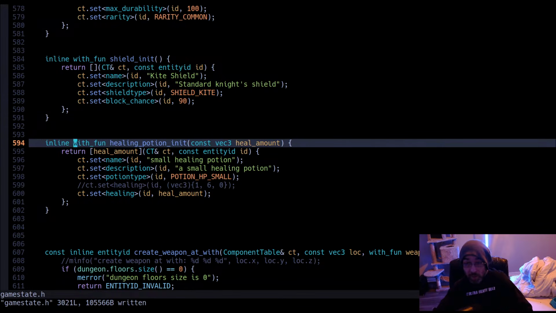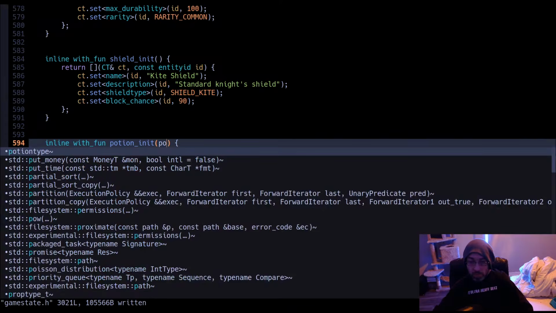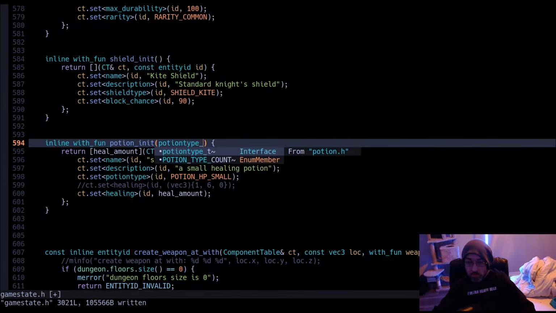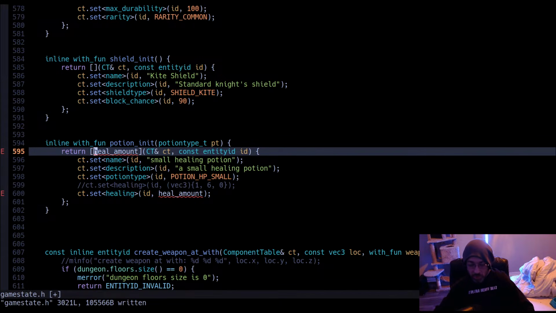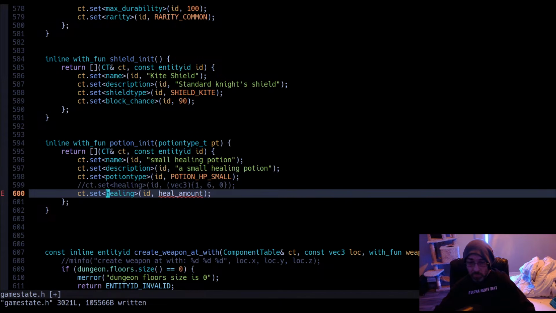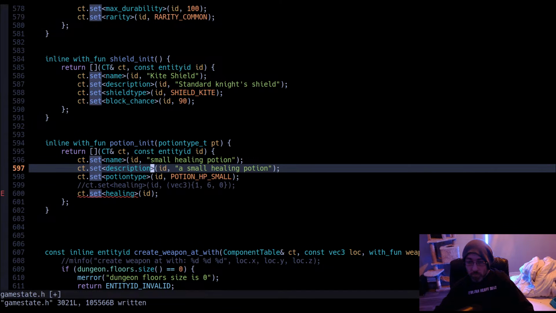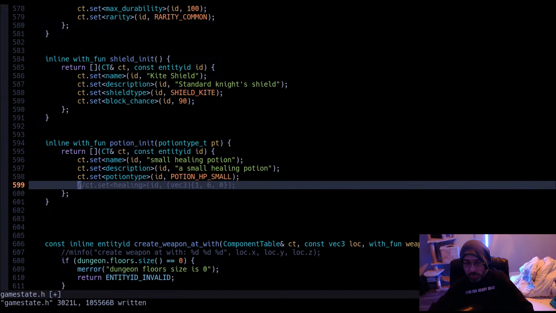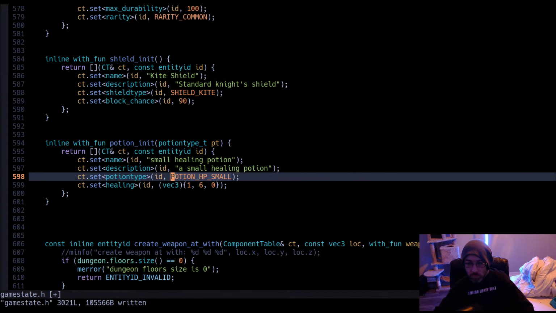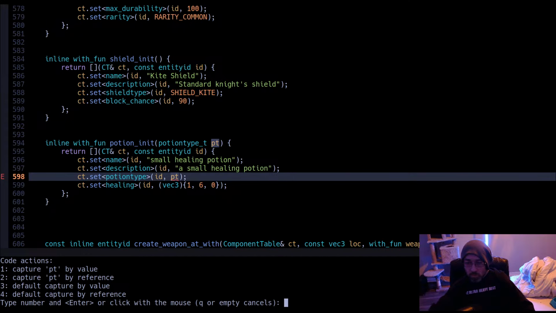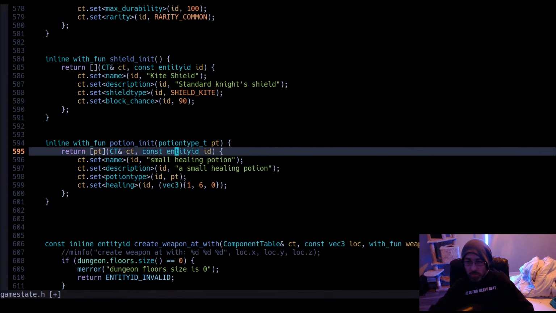Or better yet, if it were potions in general, then instead we would want to pass in potion type. So we're no longer using heal amount. So we pass PT so we can actually set the potion type.